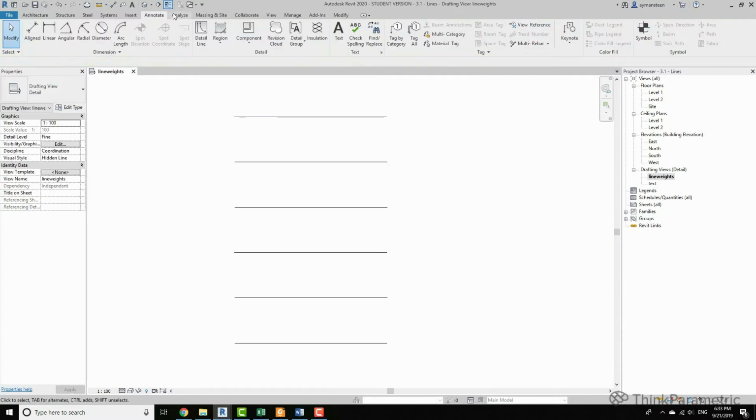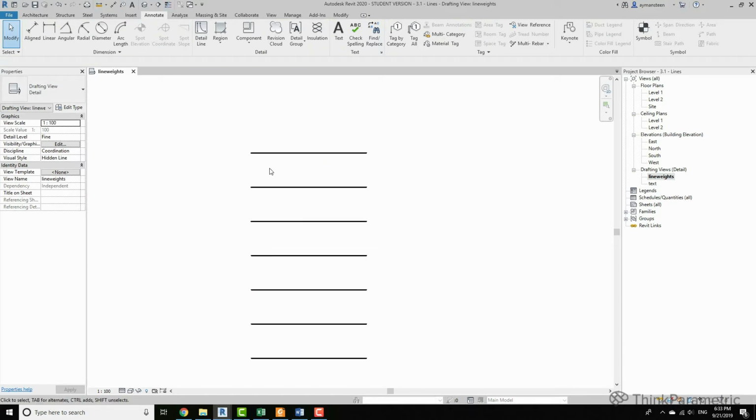Then let's ungroup it, and change the type of each of the lines.